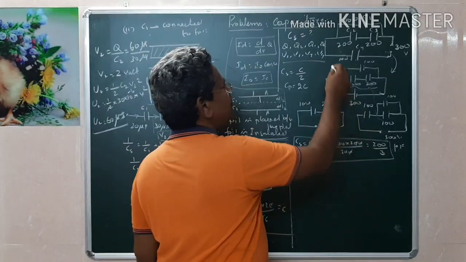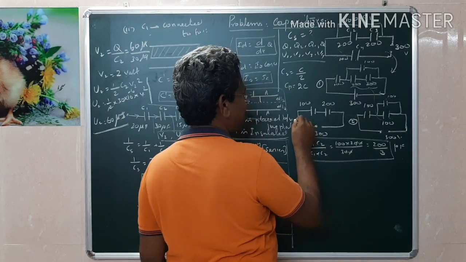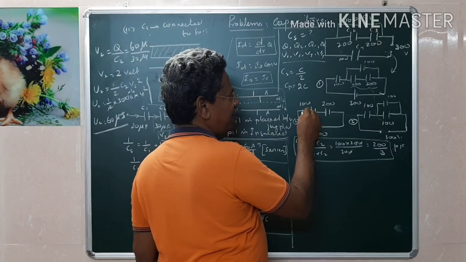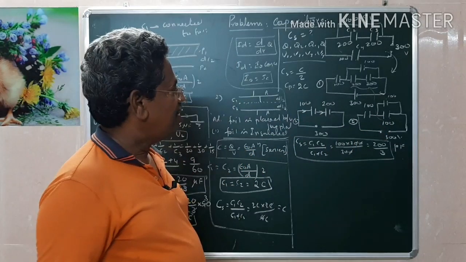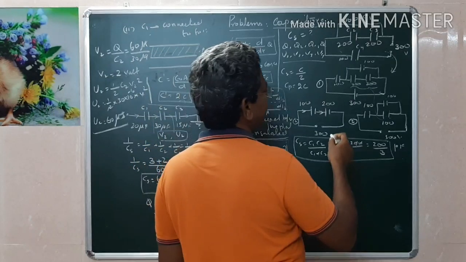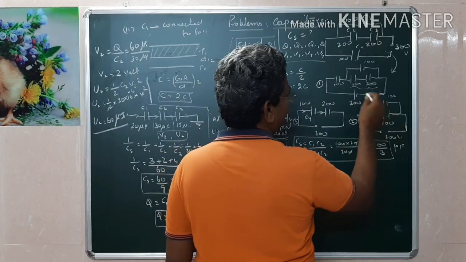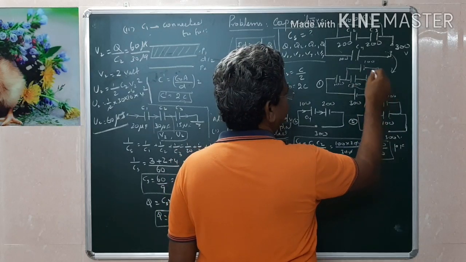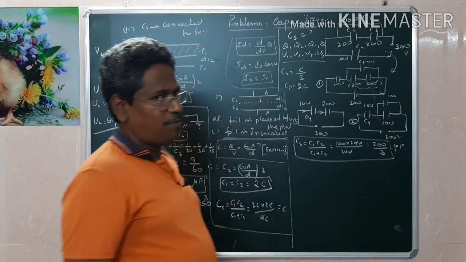First, this is diagram 1, then diagram 2, diagram 3. Using diagram 3, both are in parallel, therefore the charge on both is the same. Suppose in our case this is C4, and this will be C2, this is C3, and this is C1. First I am taking this as C4.